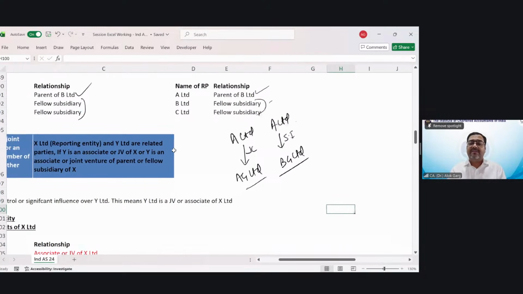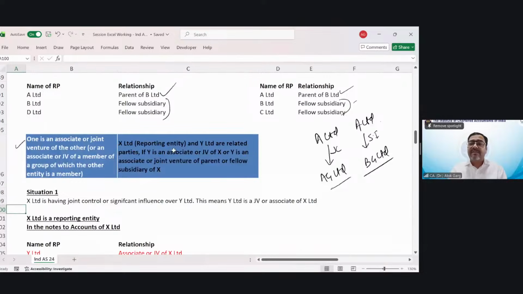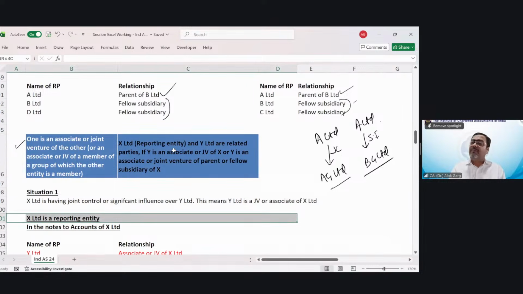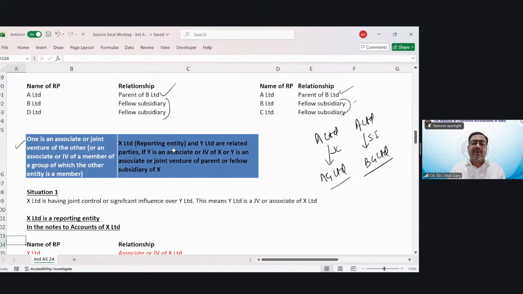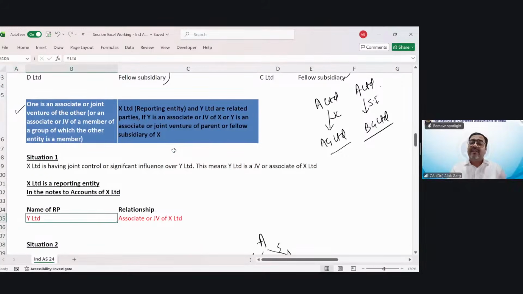This means Y Limited is either a JV or an associate of X Limited, right? So X Limited is a reporting entity. In the notes to accounts of X Limited, what is the name of the reporting entity? If X Limited has joint control over Y